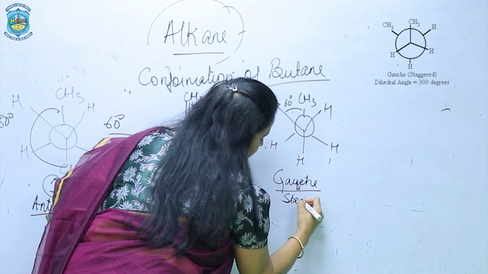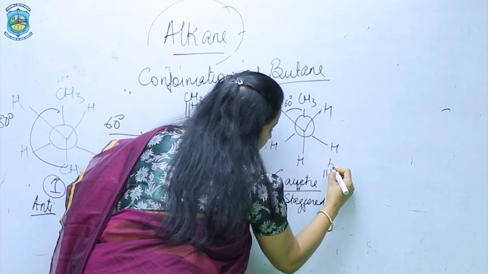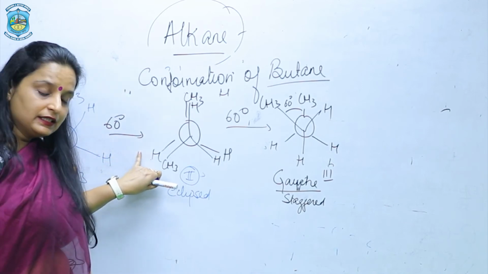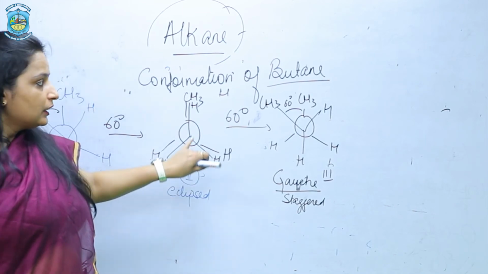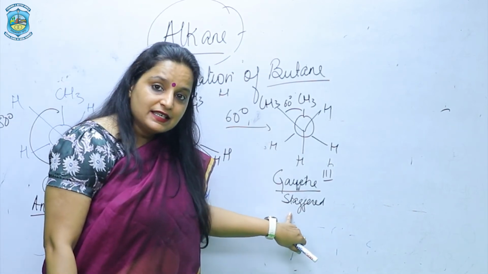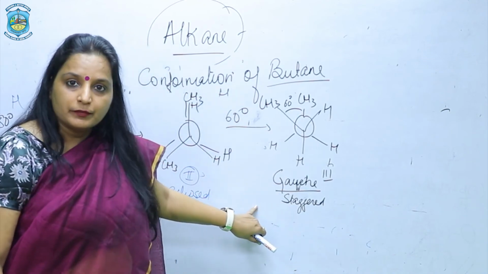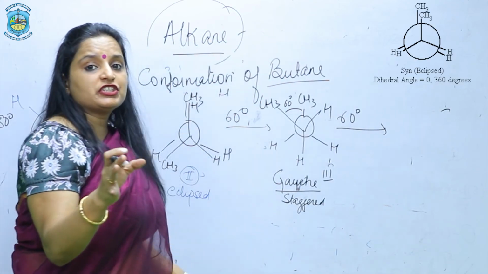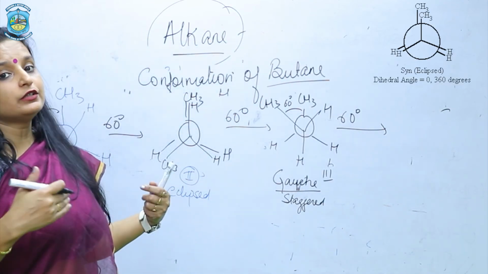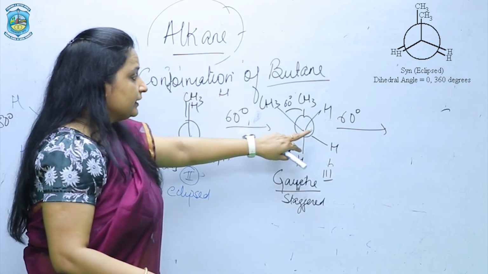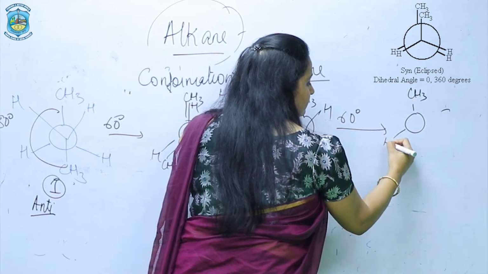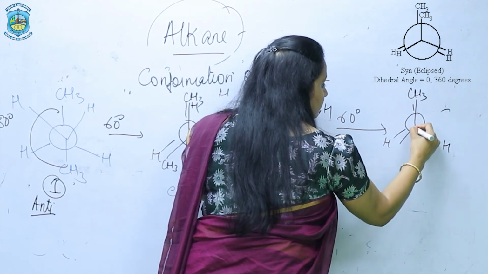Gauche staggered, or I can, to be very precise, and I number it 3. So, up till now I started with the most stable conformation, rotated 60 degrees, I get eclipsed conformation, then again rotating 60 degrees, I got gauche staggered conformation. Now, moving on further, total rotation is 360 degrees and each time we are rotating it by 60 degrees. So, now rotating it by 60 degrees, we will get back carbon in the same position and front carbon